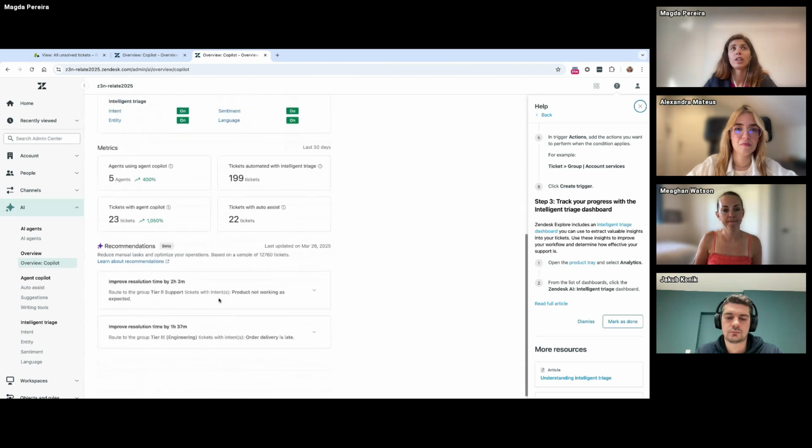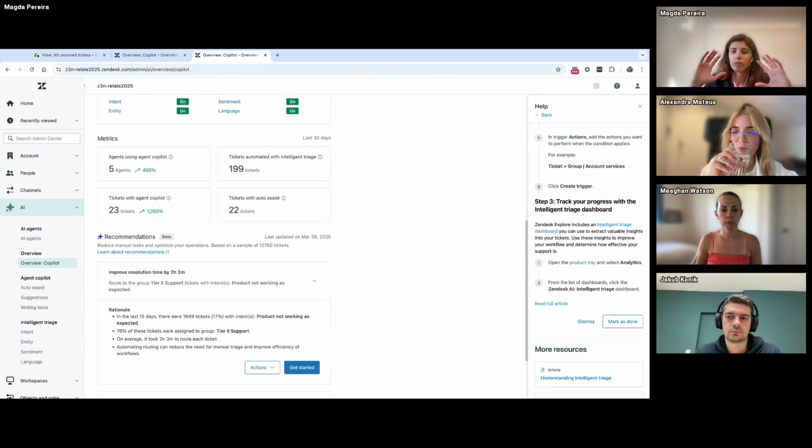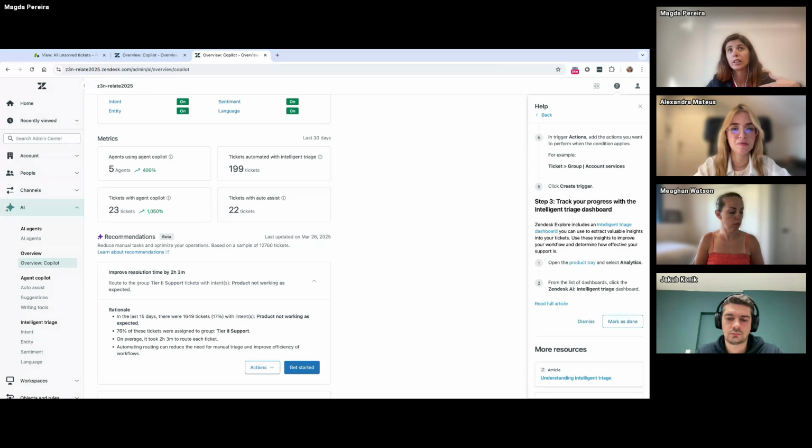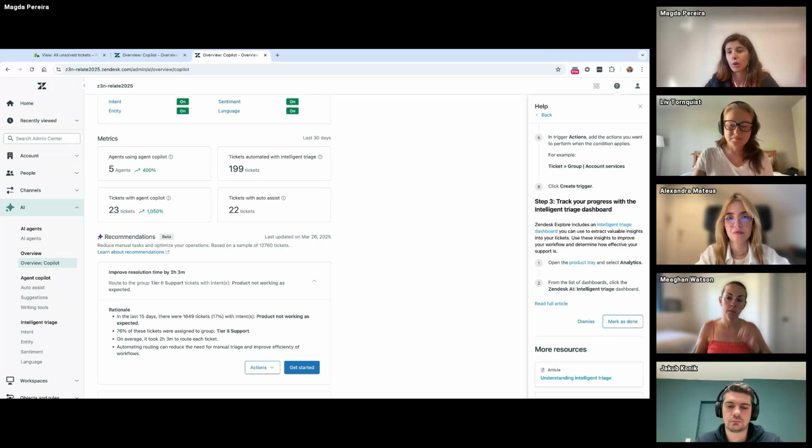The last section of the AI Hub is the recommendations. We decided to build these AI-driven recommendations that are suggesting triggers based on the intents to help you optimize your operations. Each recommendation that we have here is based on three main components. Okay, so this is based on the agent manual actions that they do on your tickets, and here we are leveraging those insights so you can create workflows, and in this case it will be triggers that will help you automate some of the manual actions that